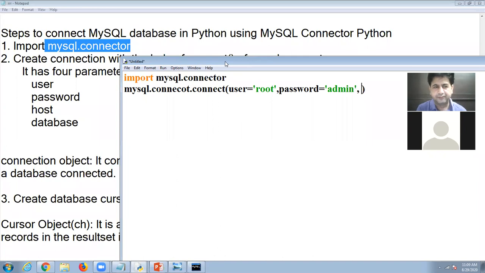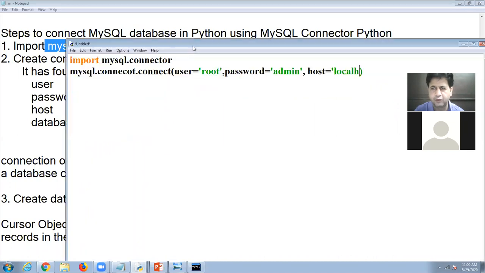Third is host. Host means the machine that carries your MySQL server. In my computer, MySQL server is here and I have the script, both in the same computer. That is why I am taking here localhost. You will always take localhost.